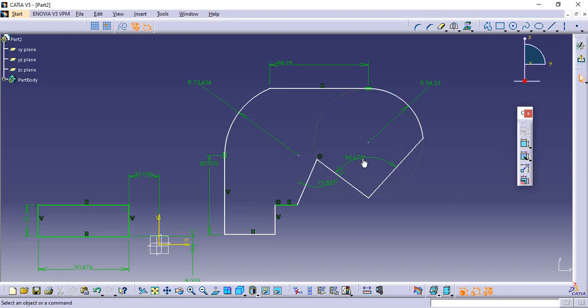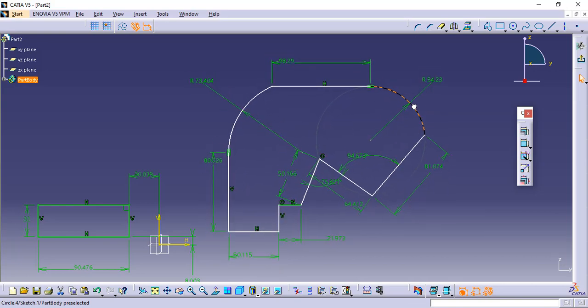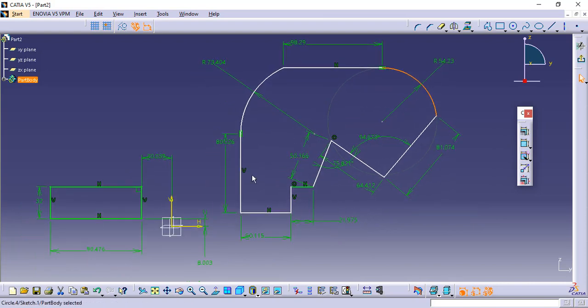Still I have given the dimensions. This figure is in white color, so I need to put more dimensions, meaning this figure is not fully constrained. I haven't arrested all its degrees of freedom, so we will put more dimensions. You can check which is movable. Now you can see we have defined the dimensions of this sketch, but we haven't defined the location of this sketch. So double click, and I will define this location with respect to this rectangle.